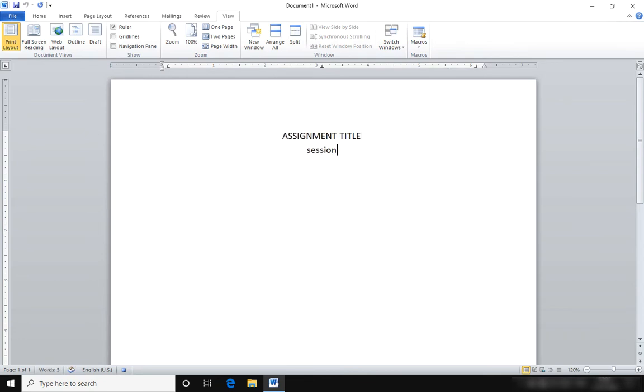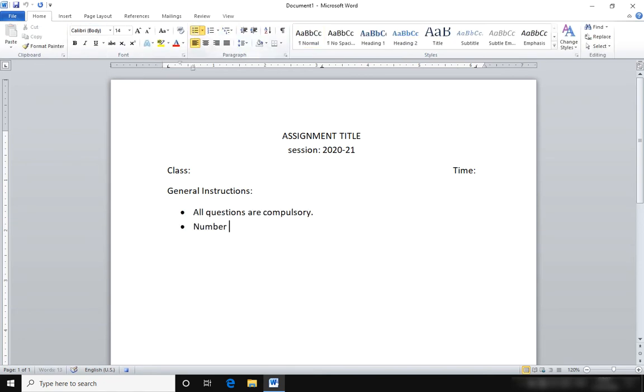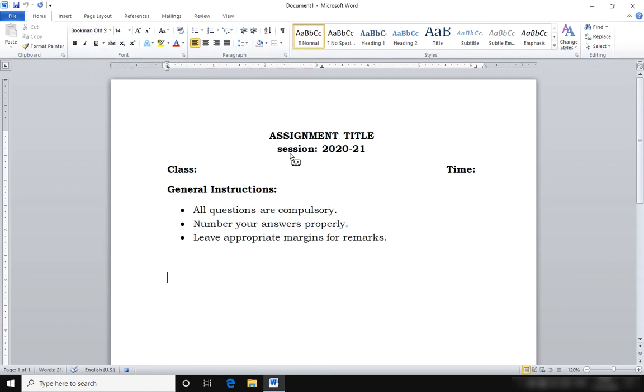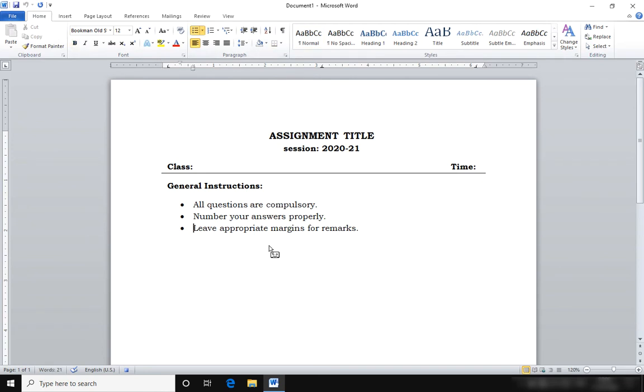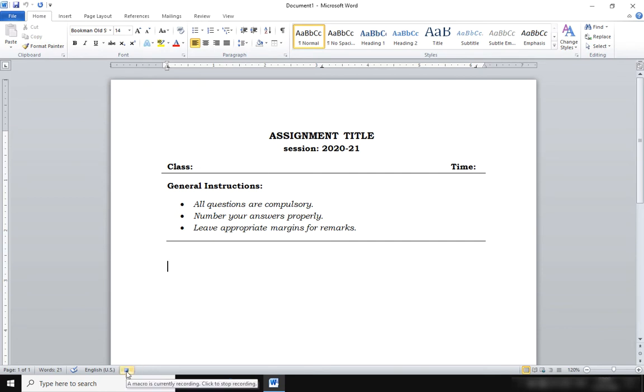Now start writing your content. Format it as per the requirement. As you can see, it is going to take a lot of time for you to do it now, but later you will be able to do all these things very quickly by just pressing the shortcut key to run the macro. Now I'm done with my work, so I will either click on stop recording from the status bar,